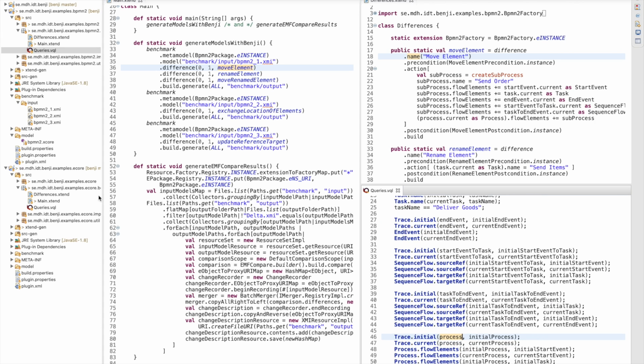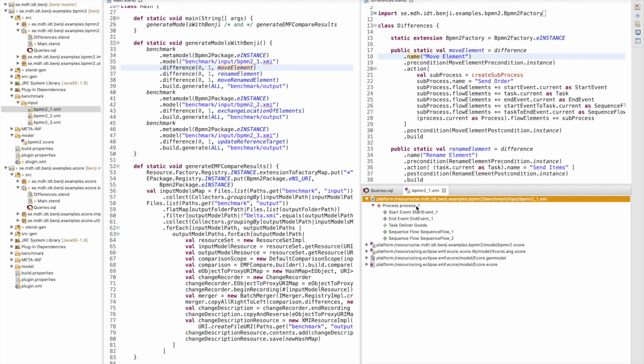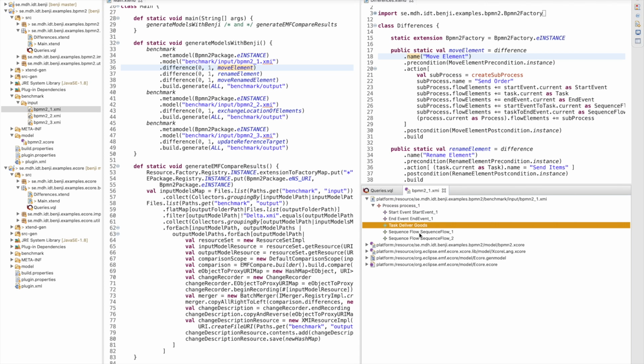connected using flow events. And this precondition corresponds to the first input model of the first benchmark specification, where we can see that we have a process underscore one, a start event, end event, task, and two different sequence flow connecting these elements. So once we have this precondition met during the exploration process, what we want to do, we